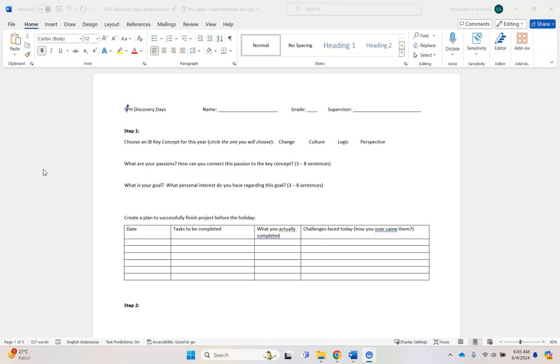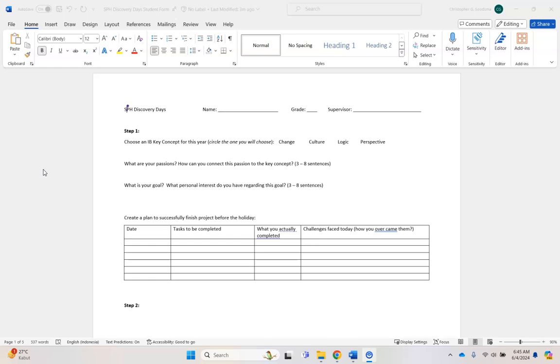Do you love sports? Do you love music, art, video games, cooking, food, culture, spending time with your family? Maybe it's travel. Maybe you have really grown fond of being able to go to museums and see what people have done. Or is it science? Is it experiments or gardening? I don't know. You write down as many passions as you have.